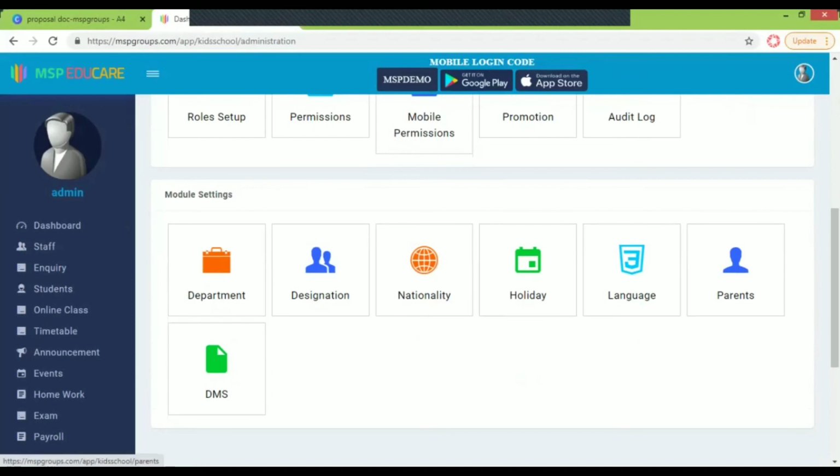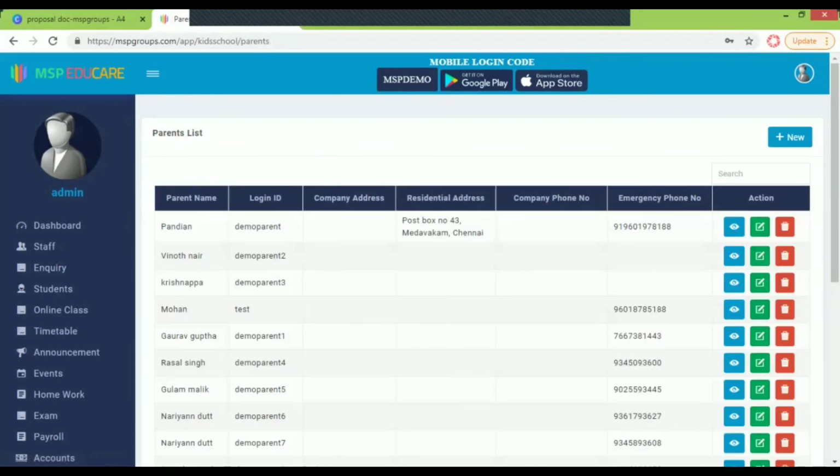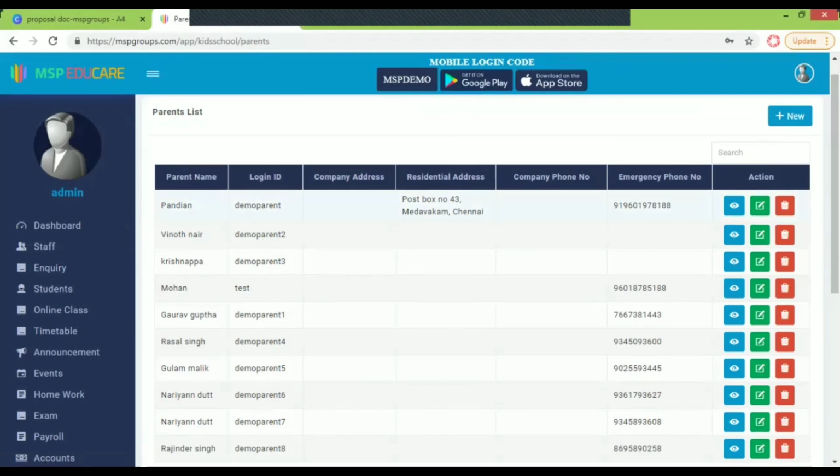Once after that language, here comes the parents. Like we saw the importing of the students list, right? Similarly, this parent list, whenever we add a student, the parent will be listed down under this parent list. By clicking on here, you could see the list of parents, and you could also edit it over here.